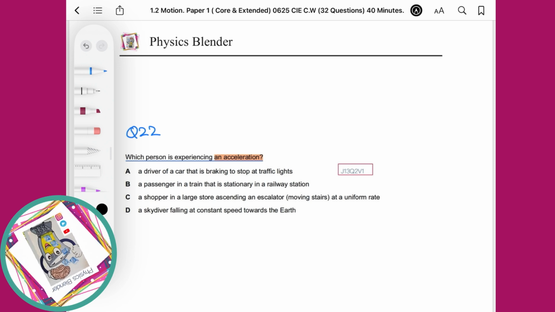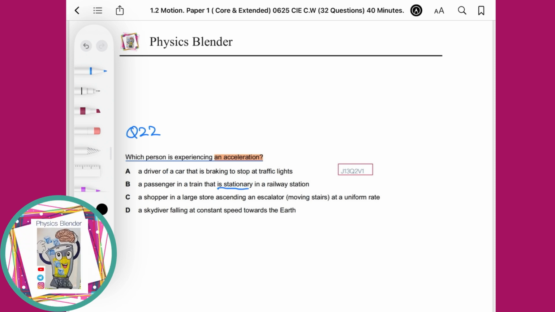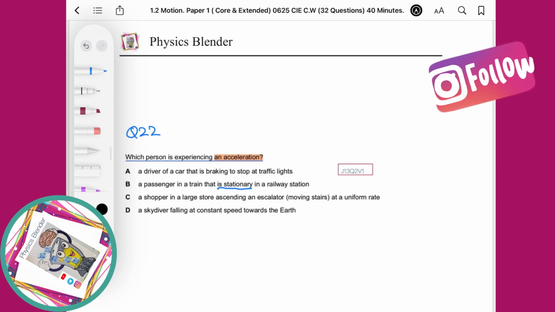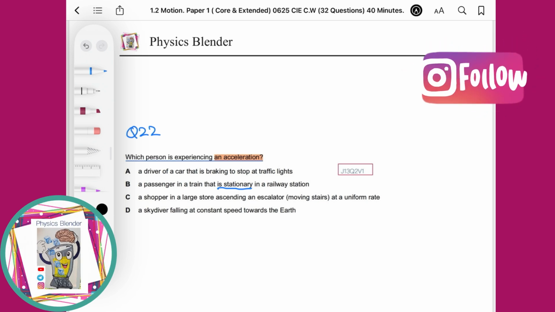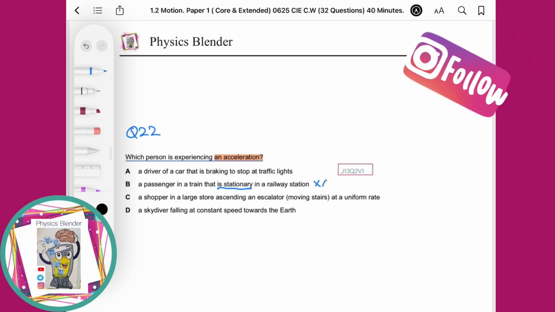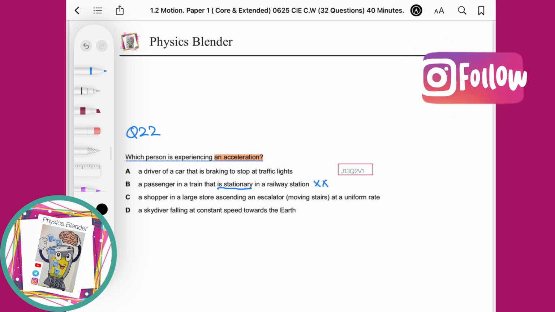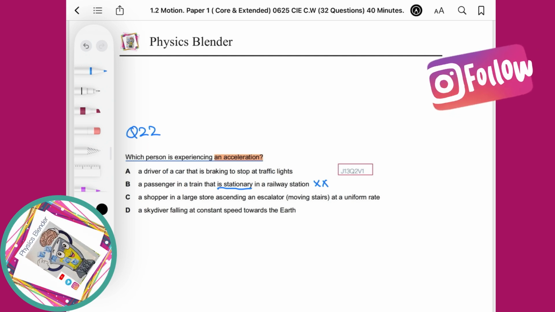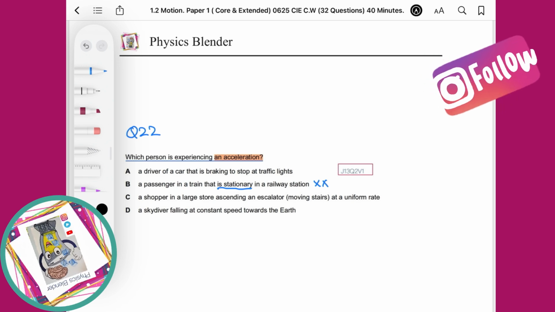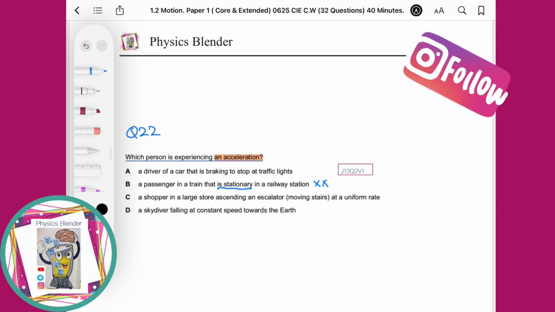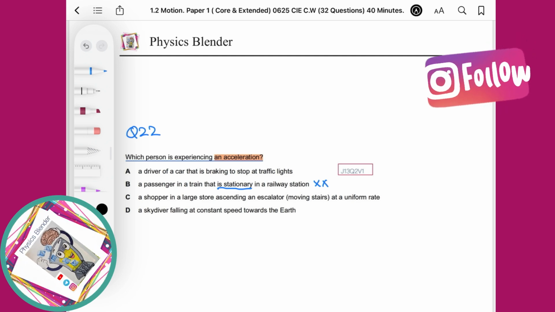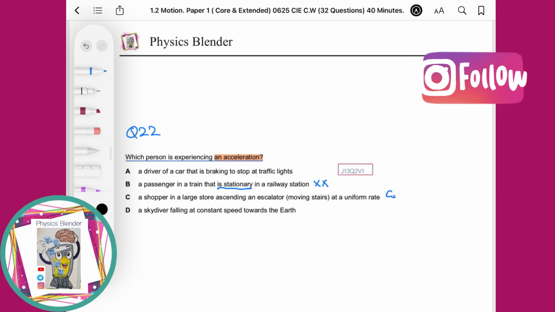B, a passenger in a train that is stationary. Stationary means not moving at all. So no change in speed, no speed at all, so no acceleration. So this one will be excluded. C, a shopper in a large store ascending an escalator, moving stairs at a uniform rate. Here, the shopper is traveling equal distances on the stairs at a uniform rate, which means constant speed